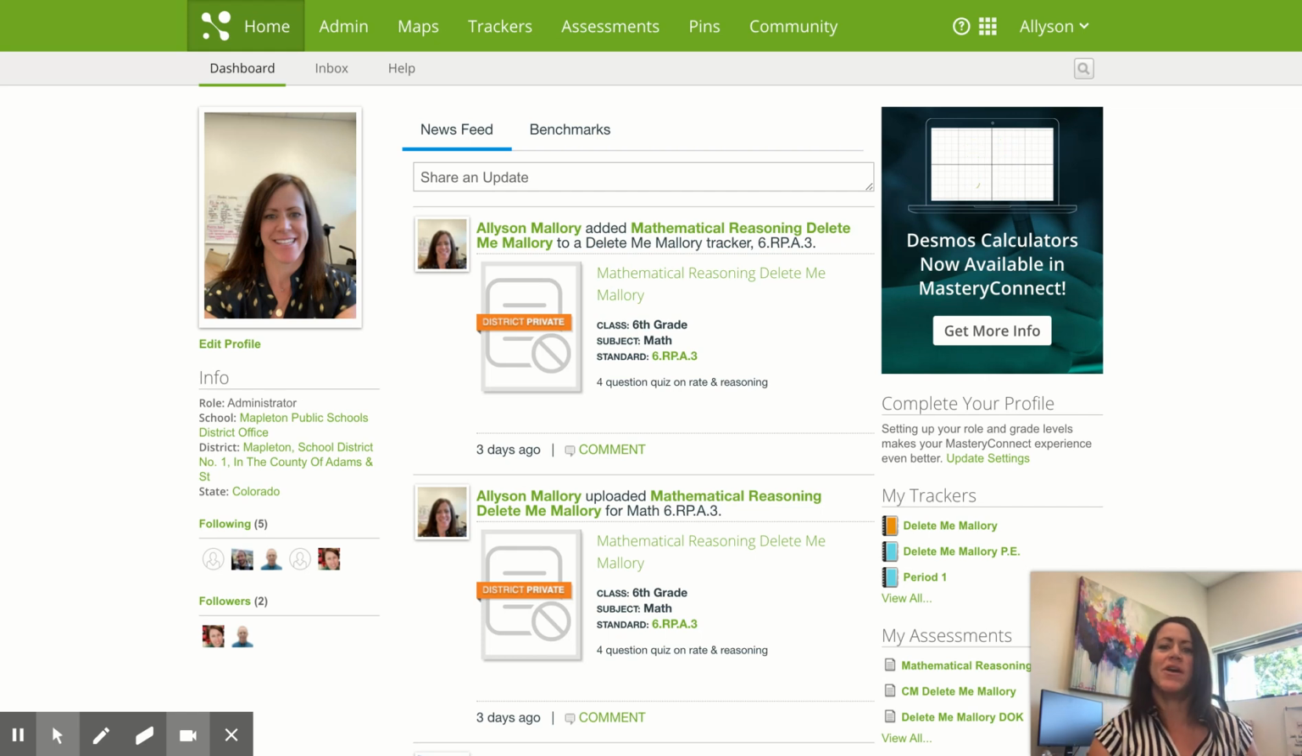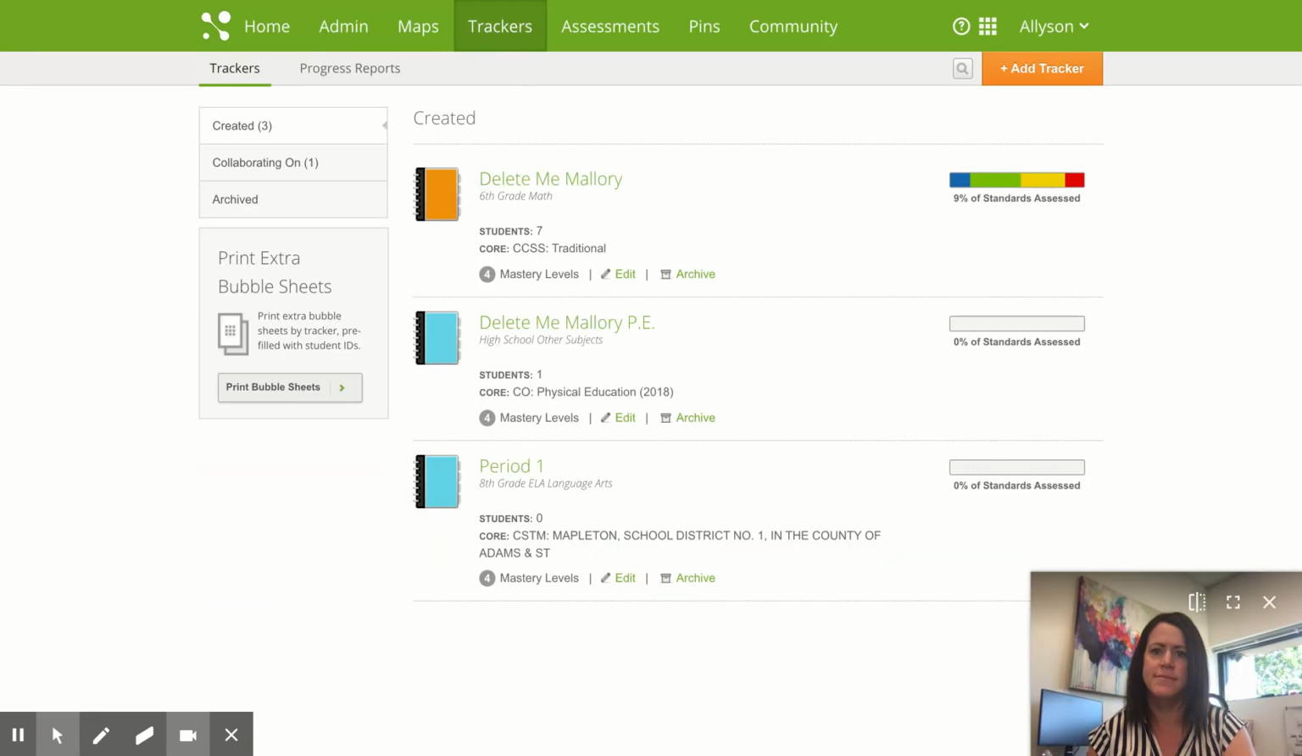Hey everyone, we are going to go over how to create a tracker. So once you've signed in and you land on your home dashboard, you can go ahead and select Tracker at the top. Once you've selected that, you can see different trackers that I've already created. I am just going to go ahead and click Add Tracker at the upper right,